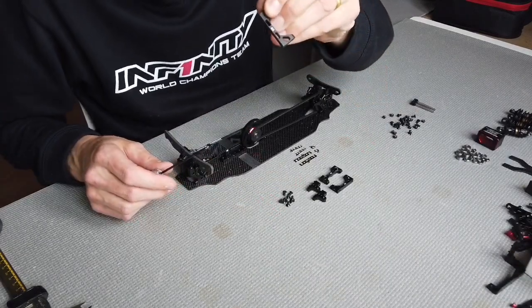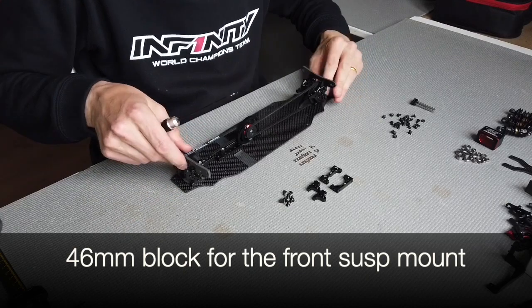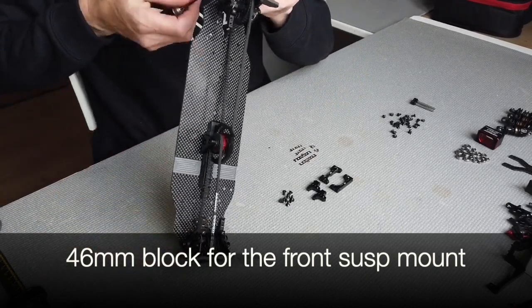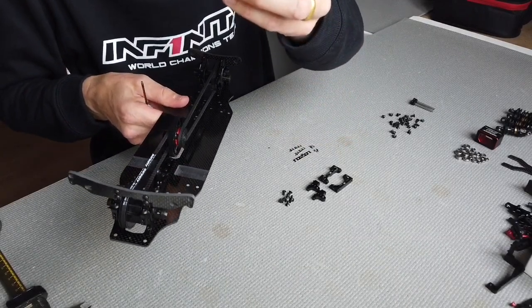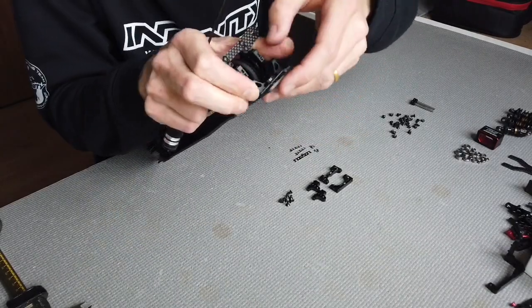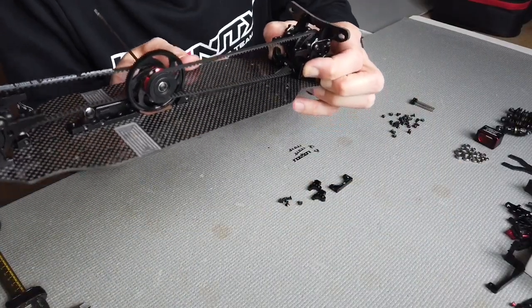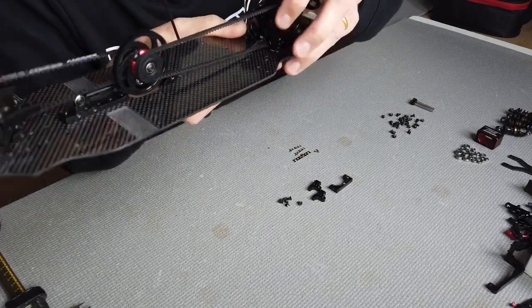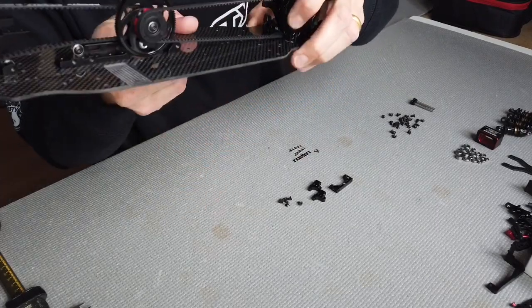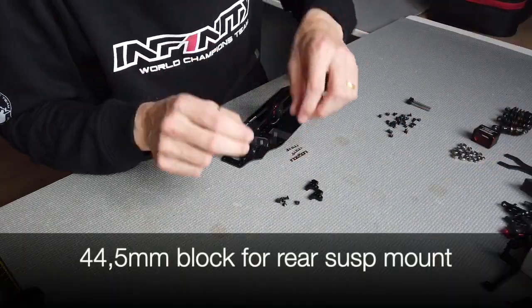Start with the front. We're going to use the 46mm suspension blocks, and we're going to add a 0.4 SHIM under the suspension mount. For the suspension block front rear, I will add this SHIM under the block so we can adjust the roll center. Assembly of the rear. The rear is a 44.5mm block,